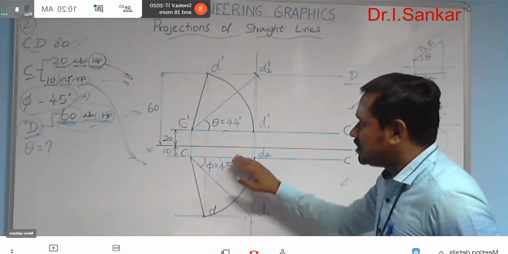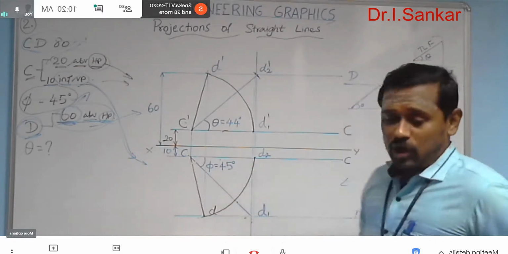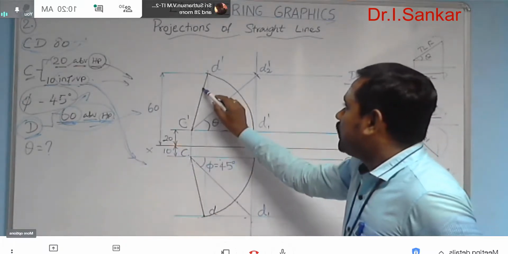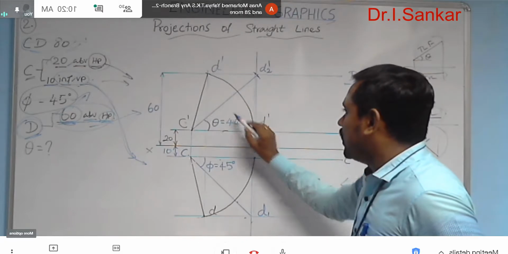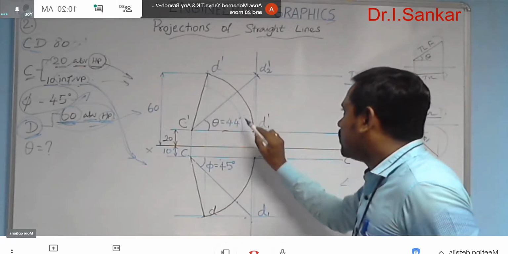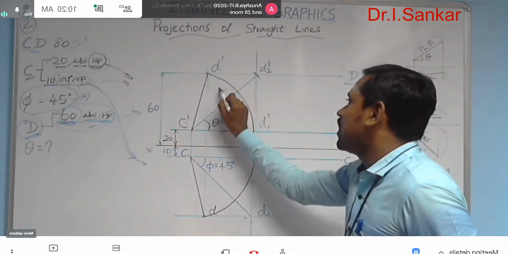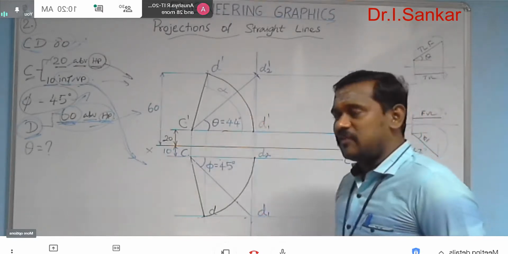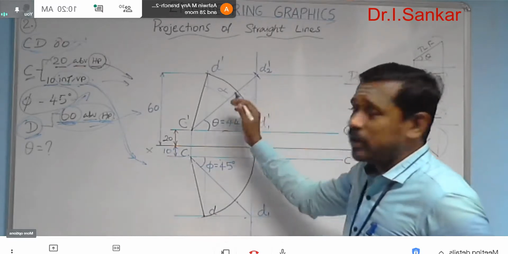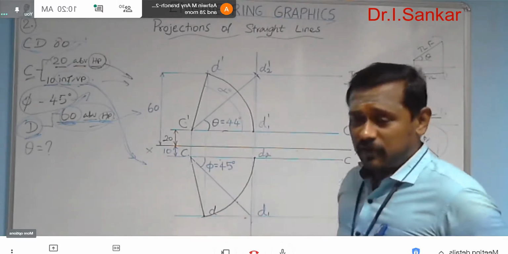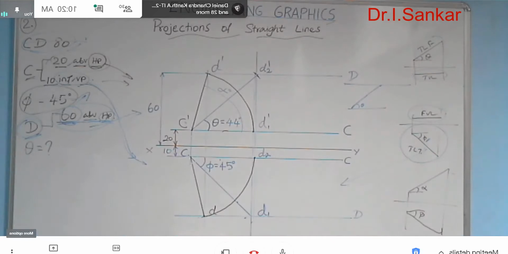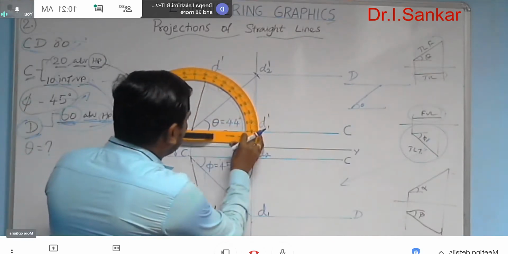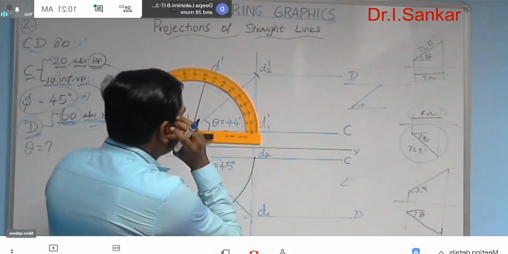So all the 3 lines are provided, and the 4 angles are nothing but theta and phi, and the angle of inclination between the front view and your XY is nothing but alpha. It is not at all asked in the question, so I am not going to measure it and mention it. In case of need, you can consider it. It's better to always have an idea of the alpha value. Just measure it. You can mark it. Nothing is wrong, however it is not asked in the question.